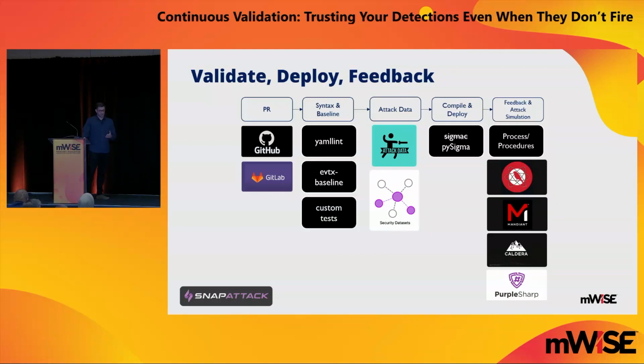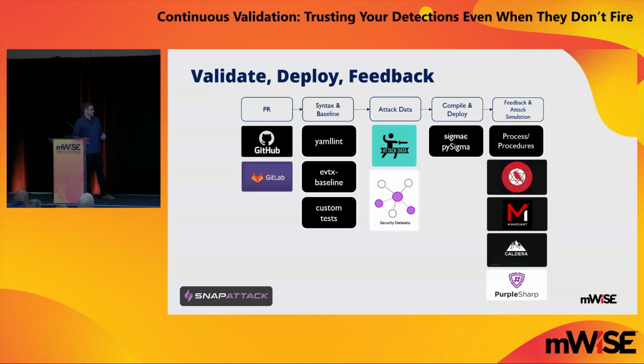Then we have attack data. Again, this is attack data Splunk. So when you saw the dump command from attack range, that's how you would get some attack data. But they also have a repo of a bunch of attack data already gathered. So that attack data can be utilized to validate the rules to make sure they're actually going to detect the